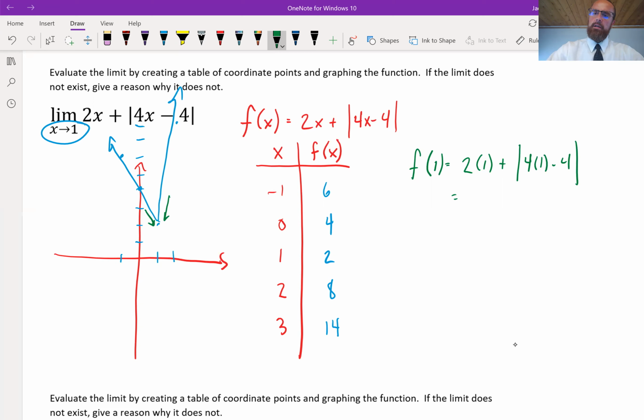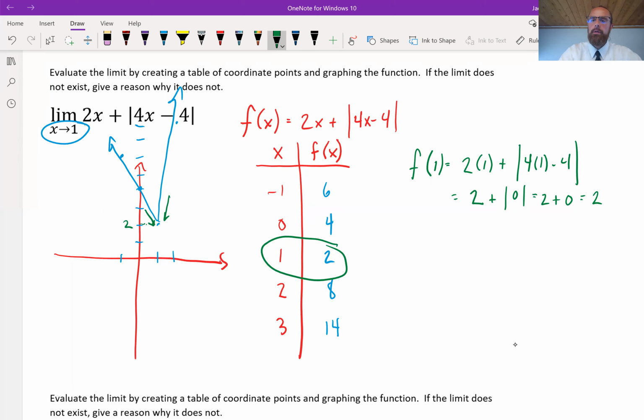And when we would evaluate, we'd get 2 plus absolute value of 4 times 1 is 4, minus 4 is 0. So 2 plus absolute value of 0 is 2 plus 0, which is just 2. So we could actually calculate that one directly. The graph supports that, as does the table. So if I look at the graph at 1, that if I trace over the y-axis, that y value is